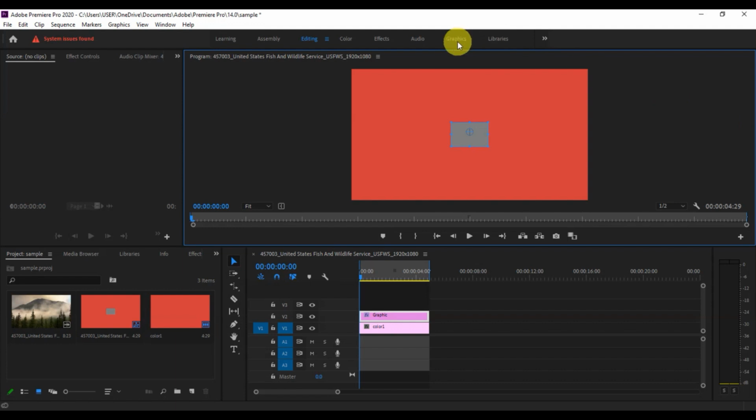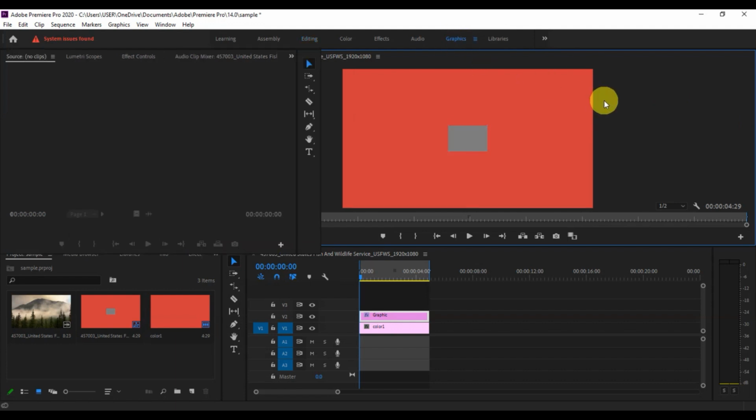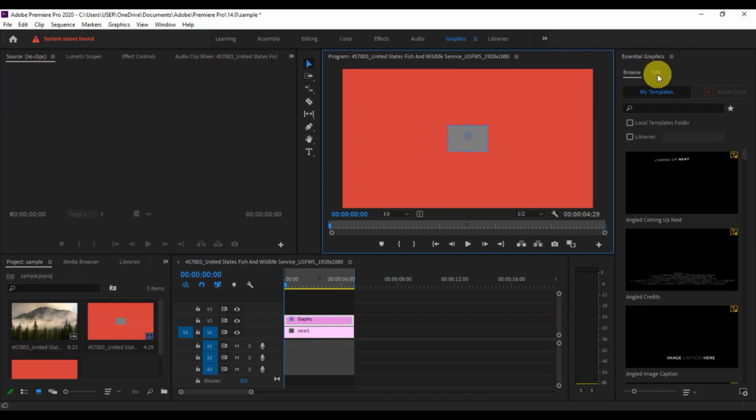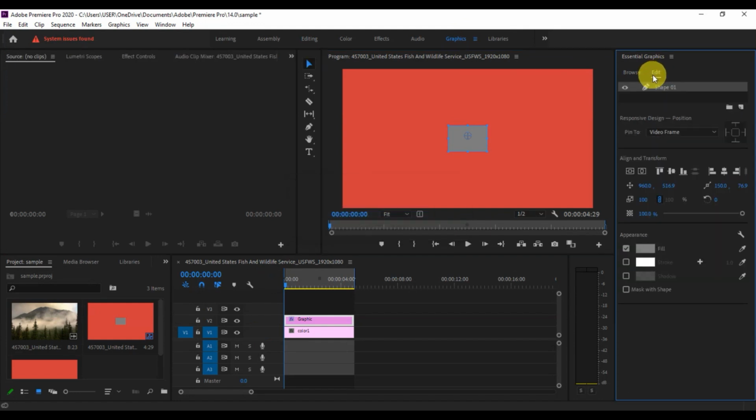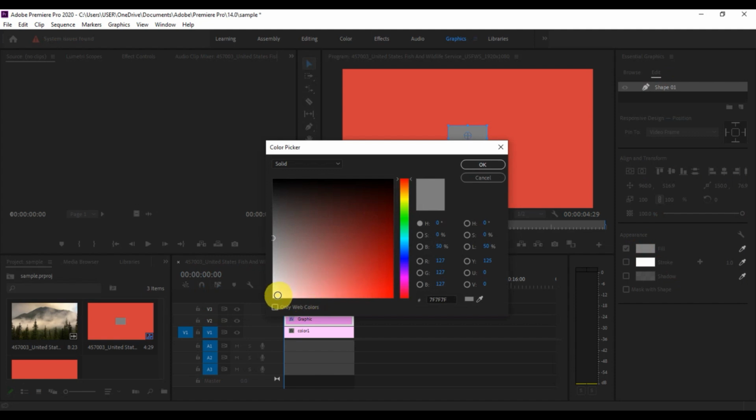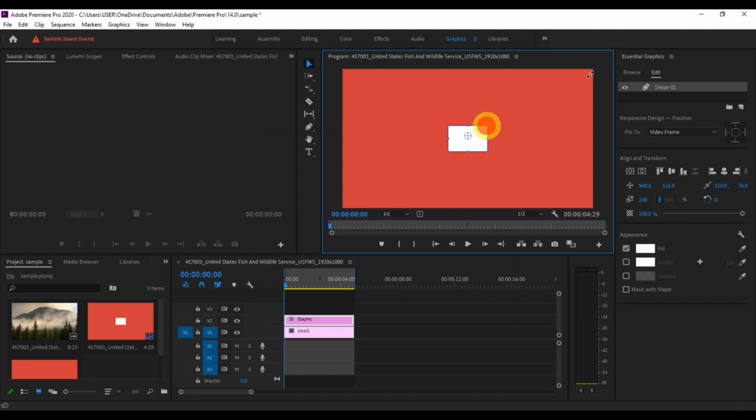Now to update that, we're gonna head here under graphics, click here onto the upper part of the screen, wait for it to load, and then we have here the edit option. So click on edit, and then this time here on fill, we're gonna try to change the color of this one to white. So let's choose this one, the farthest side, and click on OK. And as you can see,